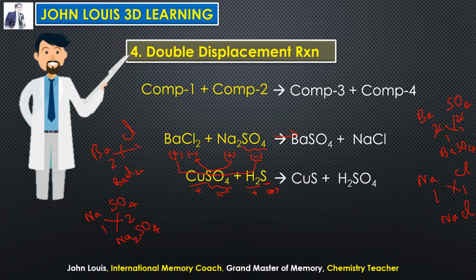Okay, this positive will combine with this negative. Therefore, what will you get? CuS, both valency 2, therefore you get CuS. And hydrogen sulfate. So this is hydrogen and this is sulfate. So hydrogen valency 1, sulfate valency 2. When you interchange, you get H2SO4. That's how we are getting this formula. You got it? So both should be compounds and all the ions in both the compounds should be different for a double displacement reaction to take place. In order to get the formulas correctly, you should know the symbols and valencies thoroughly.